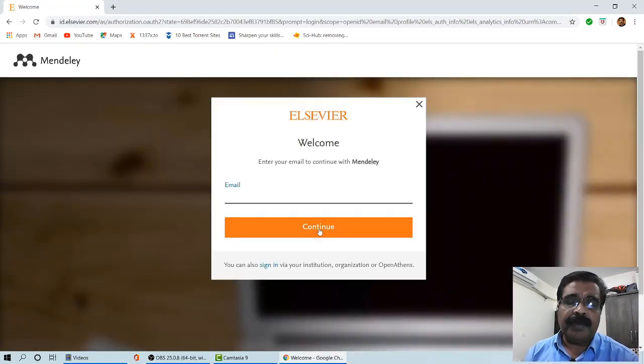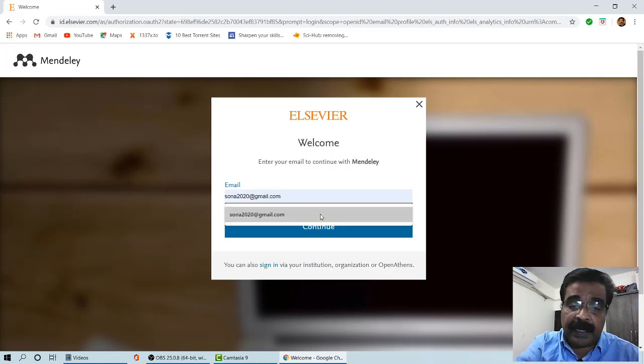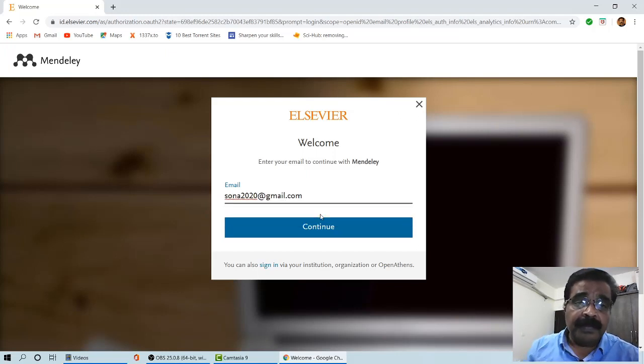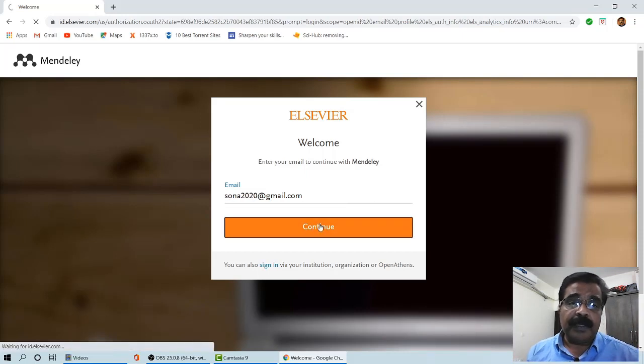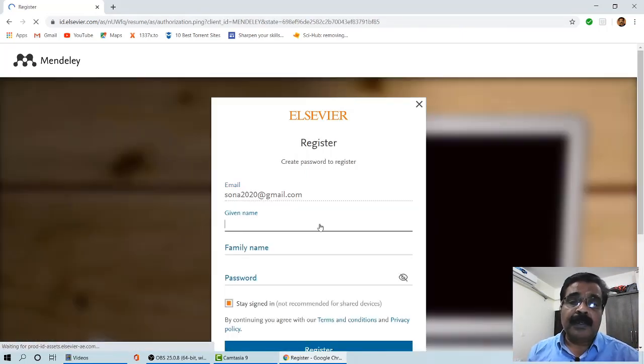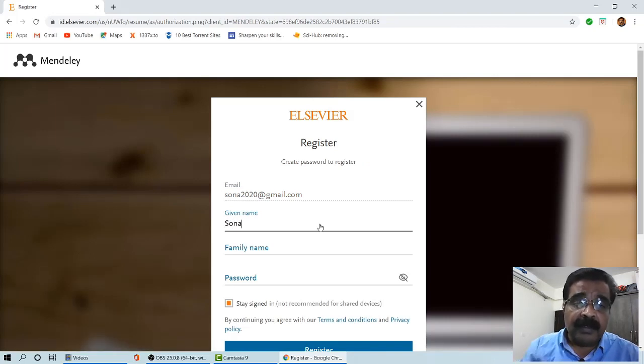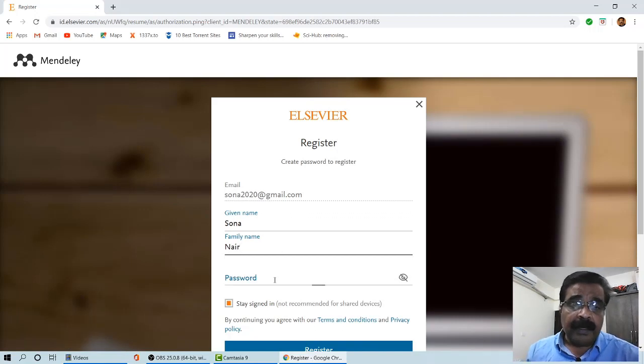Then it will ask for the user's email ID. So I am just giving an email ID and clicking on the continue button. Then it will ask for your profile details, your given name, family name, and password.